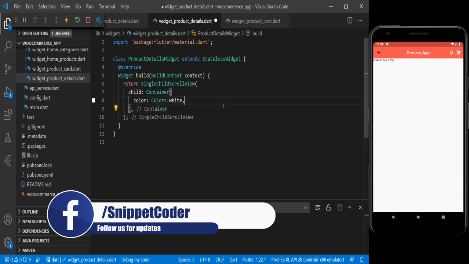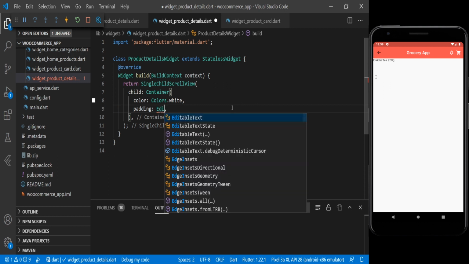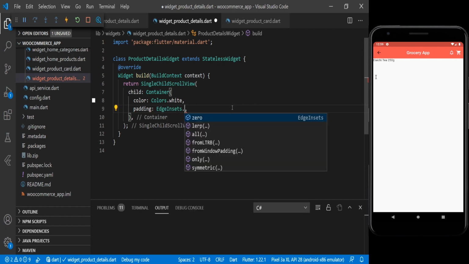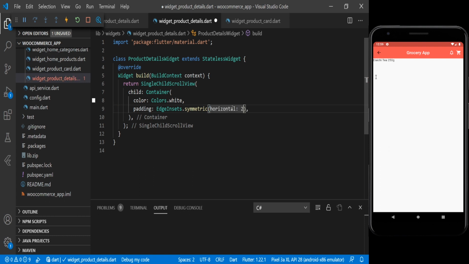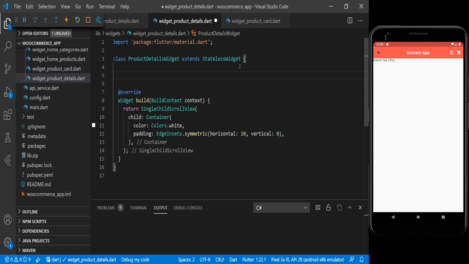Then we will have some padding here, and for the padding we are using EdgeInsets.symmetric, and here we will have horizontal 20, then vertical 0. And here we will add our model, and in the constructor we will have key, then this.data.